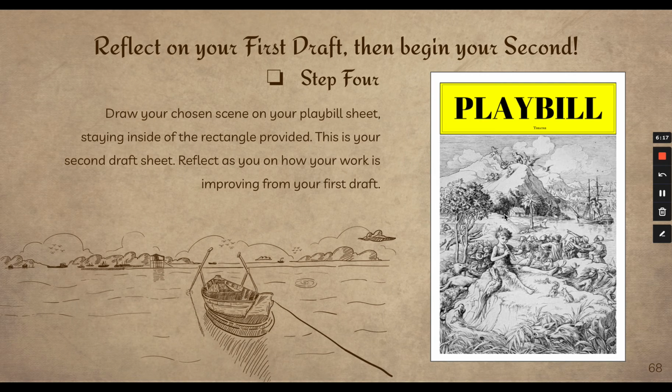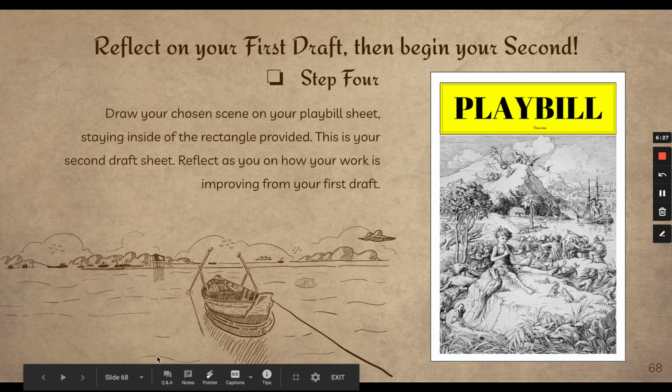This is another one of the original illustrations from Peter Pan. I substituted it onto the Playbill to show what a Playbill could look like. The next thing that you'll do after you've drawn your non-linguistic representation of Peter Pan, and that's a fancy way of saying an illustration,